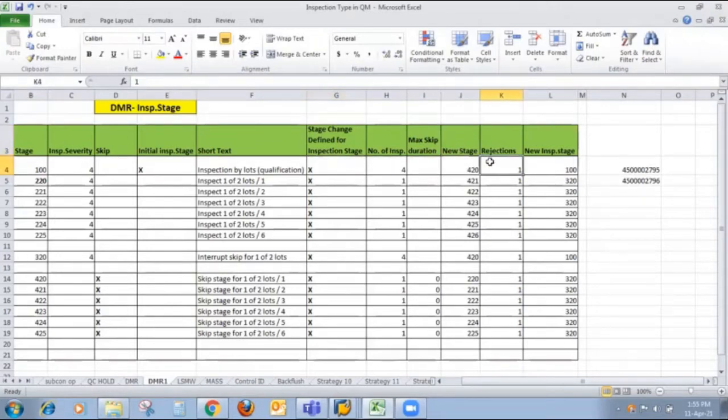If rejection occurs, then what is the new inspection stage? So during our demo, you can better understand how this inspection stage movement happens.